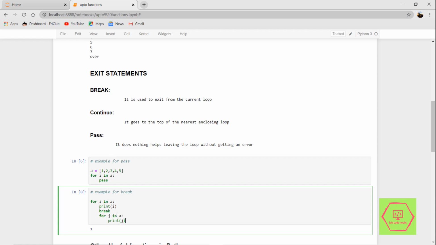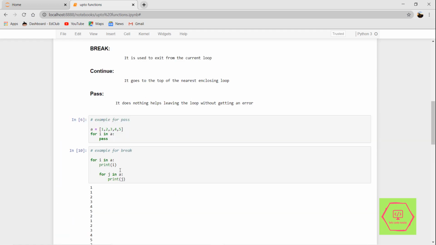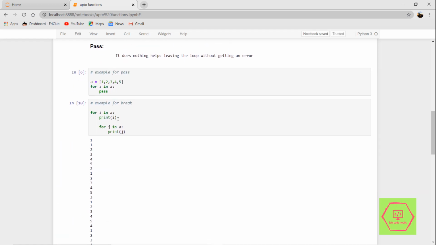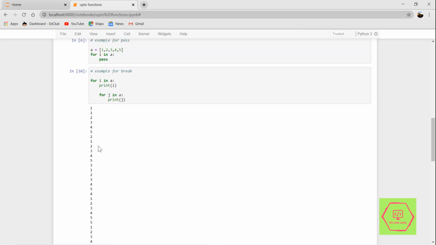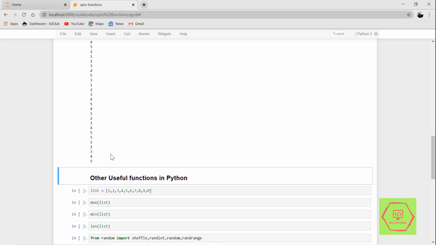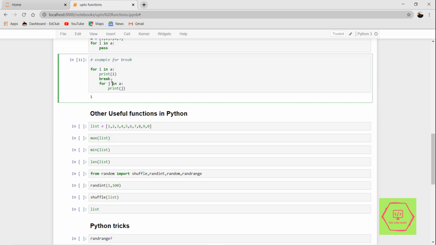First we will see without any break or continue statement. We will get first a value is equal to 1, it will print 1. Actually the loop is executed as first i will proceed and take the value of a as 1, then j will be running inside this for loop where we will get 1 2 3 4 5 for every i. For example 1 1 2 3 4 5, then 2 1 2 3 4 5, etc., up to 5 1 2 3 4 5. That is printed here. Adding break here, we'll just execute this one time and exit completely.